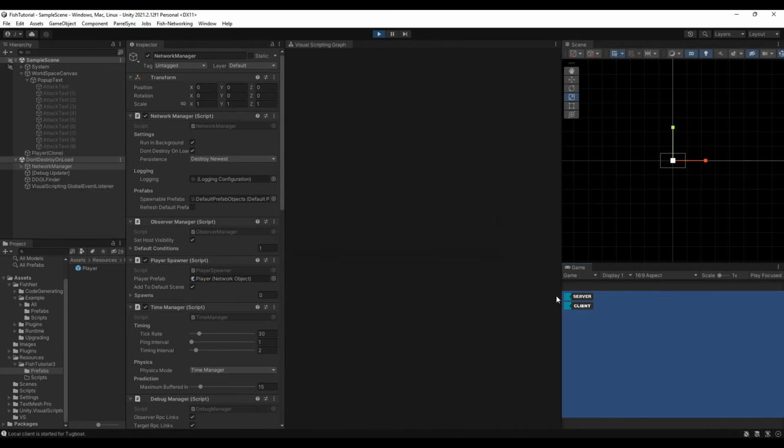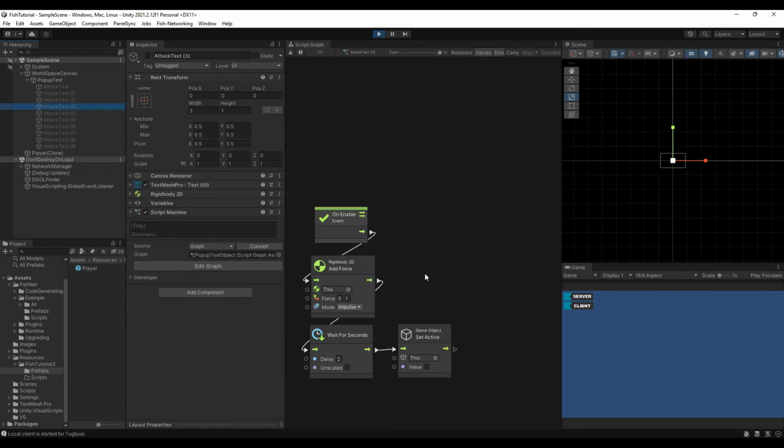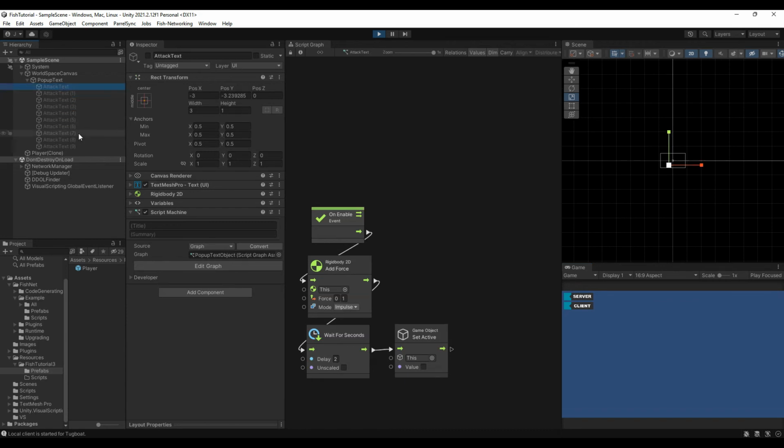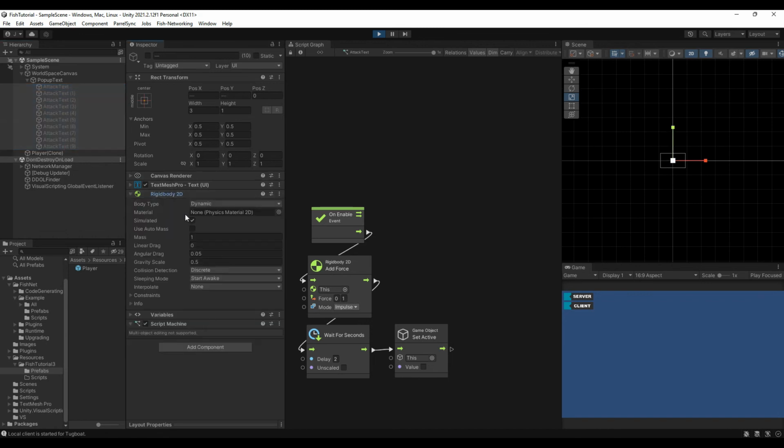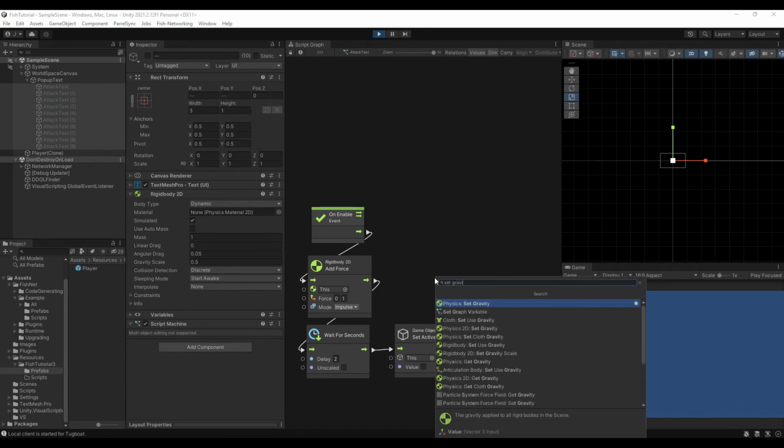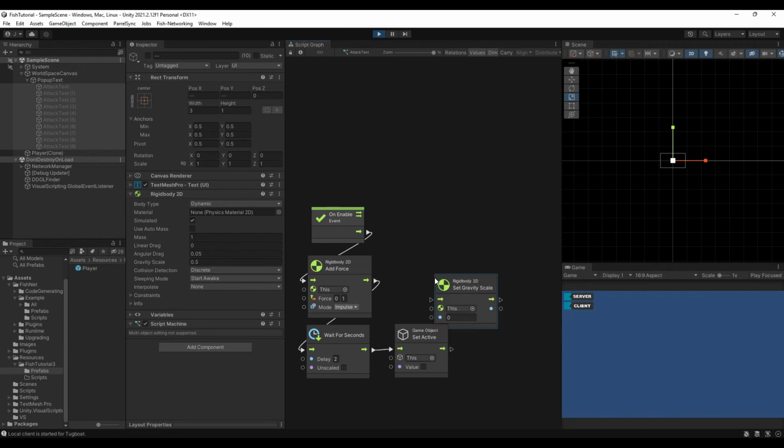All right, so we're going to find out. So we click. Hey, look at that. Yep, so it turned off. So then you go back in and you start adjusting things. You can adjust the rigid bodies, the amount of force, the gravity, all the other kind of stuff. You could probably just set gravity scale here instead of,